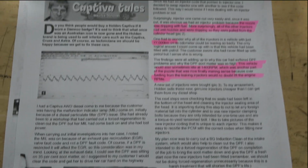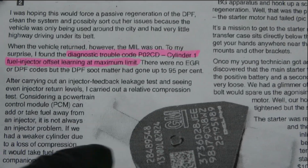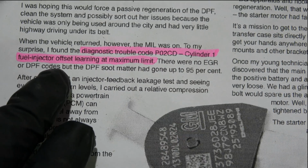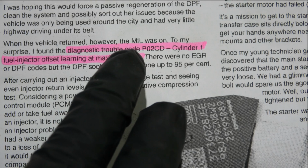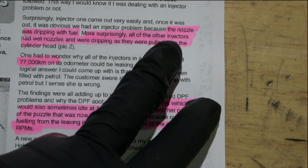So basically this gentleman had the same car, a Captiva, and it was coming up with the fault code P02D1, which is cylinder 1 fuel injection offset learning value. So it is a similar fault, but for number 1 instead of number 3, right? There's a lot of things in this article, but basically all this pink highlighted area here,